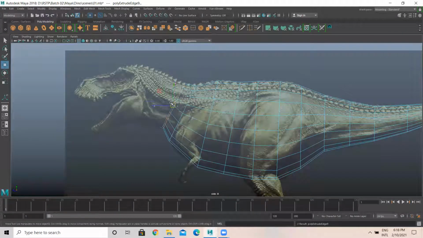Then I extrude, I'm going to rotate it like this, and I'm extruding this like this. Again, I extrude and I'm placing this here.